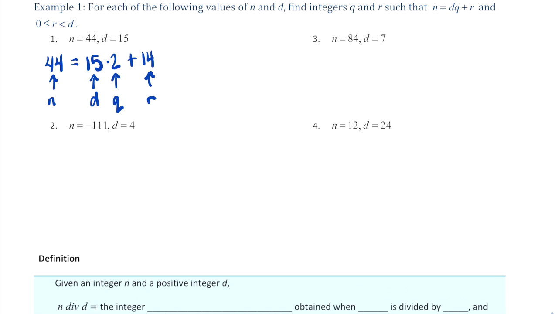Groovy? All right, so N is negative 111. So we have negative 111, right? That's equal to, well, 4 is our divisor. So 4 times what? Remember, we got to go just a little bit past the negative 111. So Q is going to end up being negative, isn't it? So try a few numbers, and you'll find you'll get negative 28, right? And that negative 28 times 4 is negative 111. So when you add 1, it brings you to your